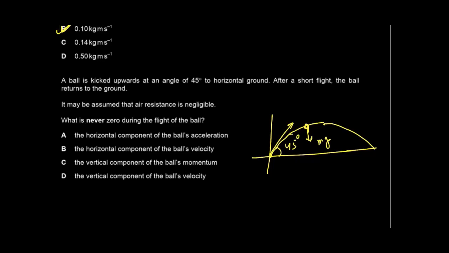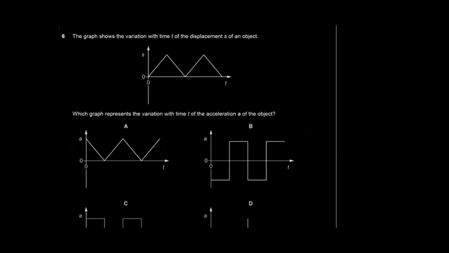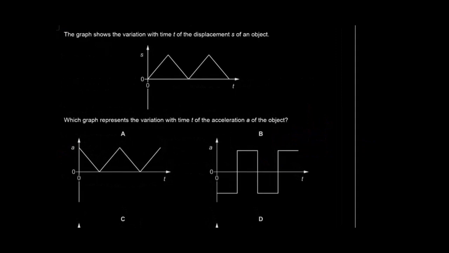So the horizontal component of the velocity at any point is the same because there is no force acting in the horizontal direction. Therefore option B is correct. The graph shows the variation with the time of the